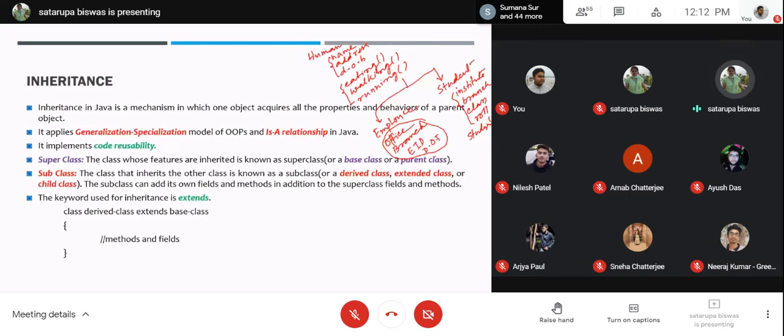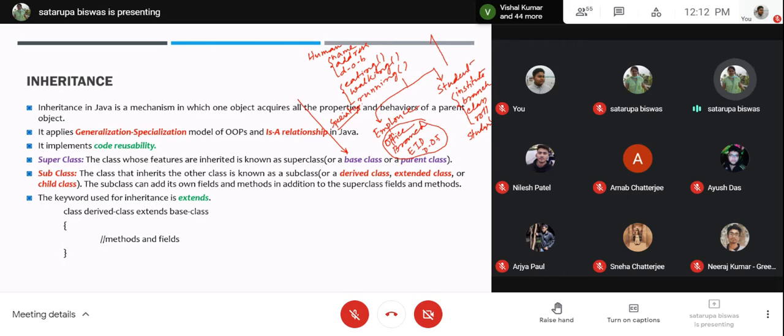So that makes the employee a special class under the human class. So when you are going downwards, it is called specialization. From a general class or a general property, you are adding some special property and generating newer classes. So these are the specialized classes.